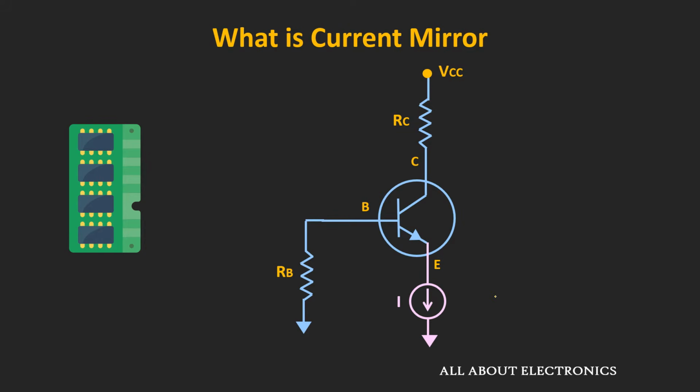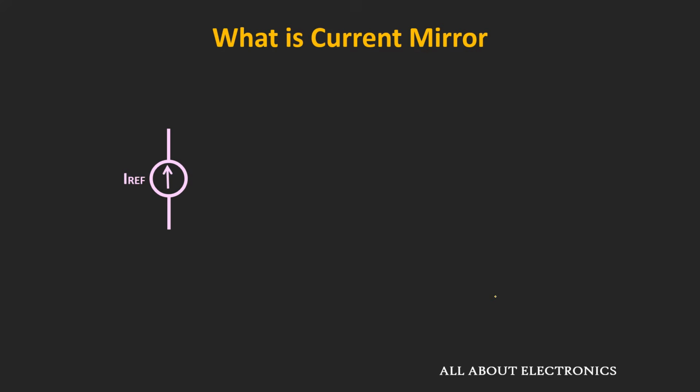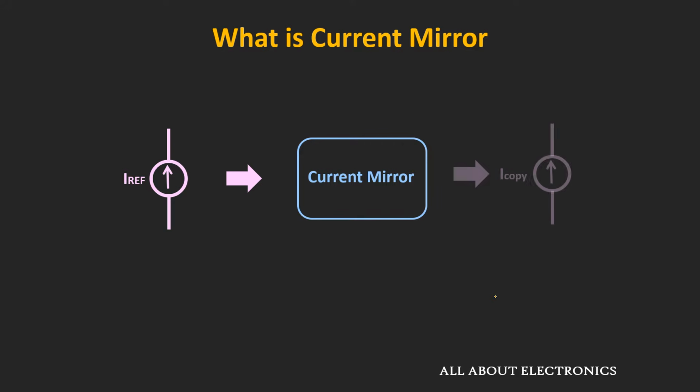So instead of designing a stable current source for each amplifier, what is actually done is, one stable current source is fabricated in the integrated circuit itself, and using the current mirror circuit, the same current source is replicated. So this replicated current source has the same characteristic as the reference current source. That means this current source is as stable as the reference current source. And these current sources can be used to bias the amplifiers.